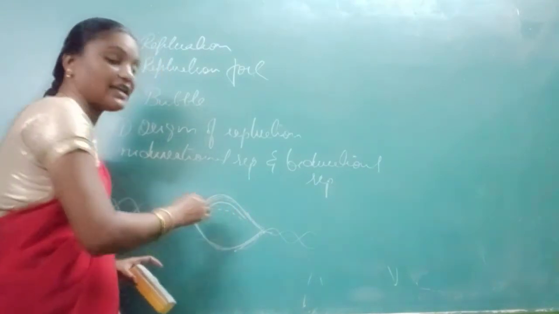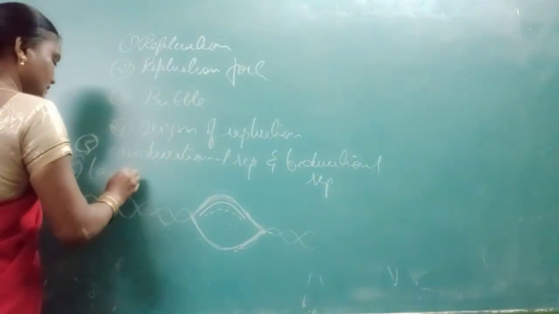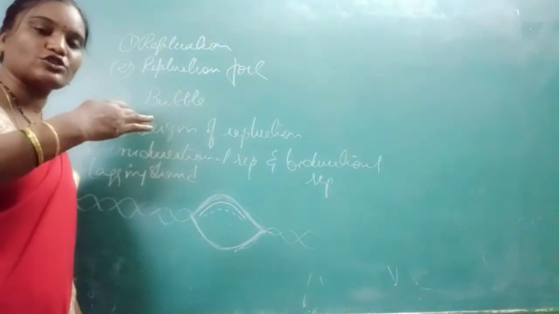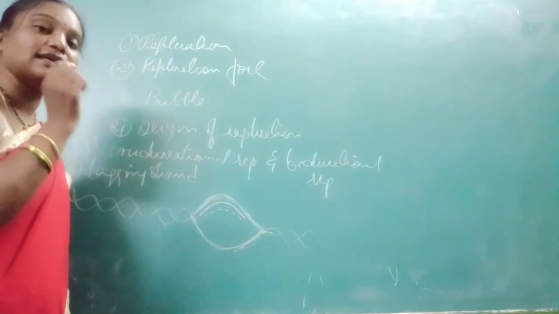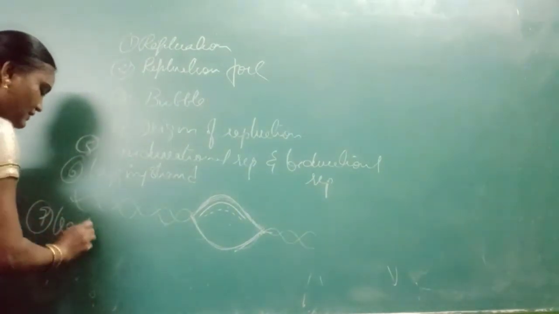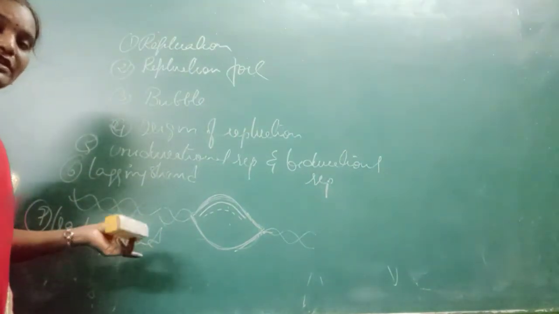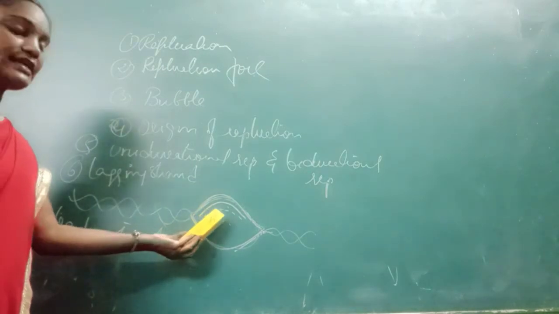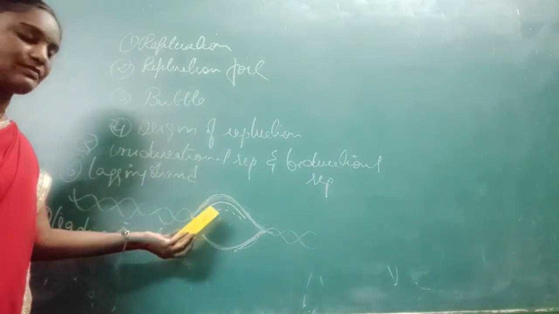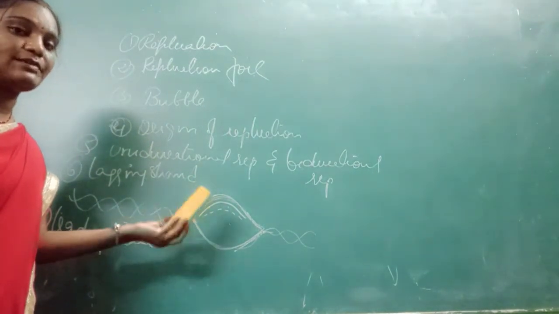Lagging strand, from the name itself, indicates that it will lag. The synthesis of that strand is in very slow motion. The strand is made fragment-wise, isn't it? So that is the lagging strand, and the other one is the leading strand. Leading strand, from the name itself, indicates that it is a continuous strand without any breaks. The fragments of the lagging strand are known as Okazaki fragments, and these Okazaki fragments are joined by the help of the enzyme DNA ligase.